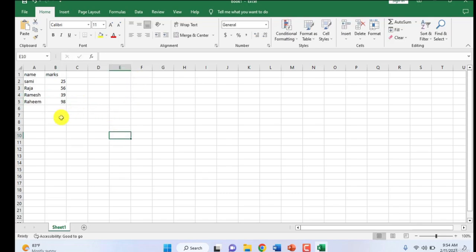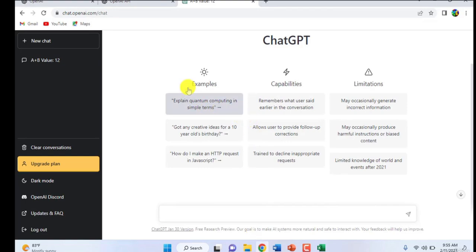Right. So I want to sum the value of these marks, right? So how can we sum the value of these marks? If you don't know how to sum the value of these marks, you can ask ChatGPT, right? I'm going to ask ChatGPT. I'm going to open ChatGPT and I'm going to ask,